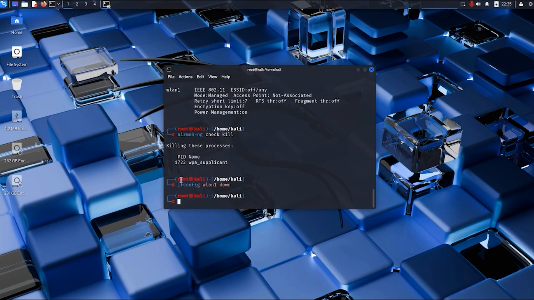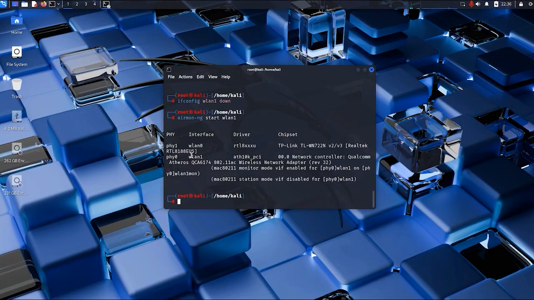and then we will change its mode to monitor. To perform that, we have a simple command, that is airmon-ng start, and then type the interface name. Now if you are not the sudo user, change yourself to sudo user, or you have to type sudo every time before these commands. So now type the interface name, that was wlan1, and once we hit enter, you can see the interface wlan1 that we are using is actually our internal network adapter.